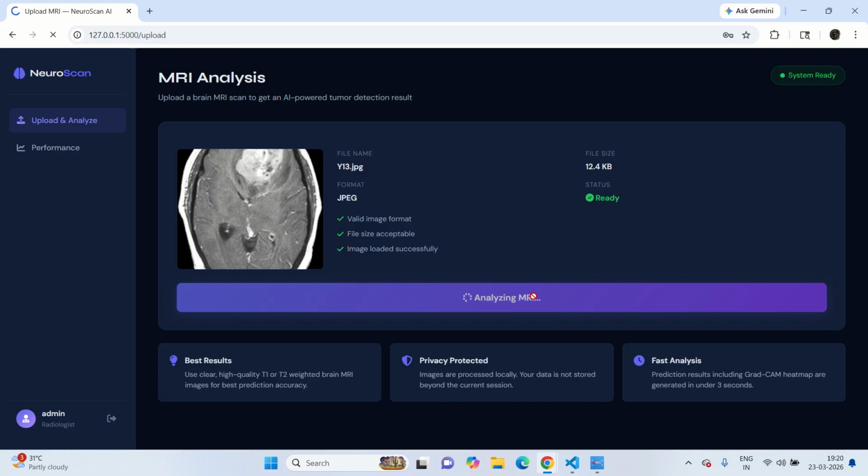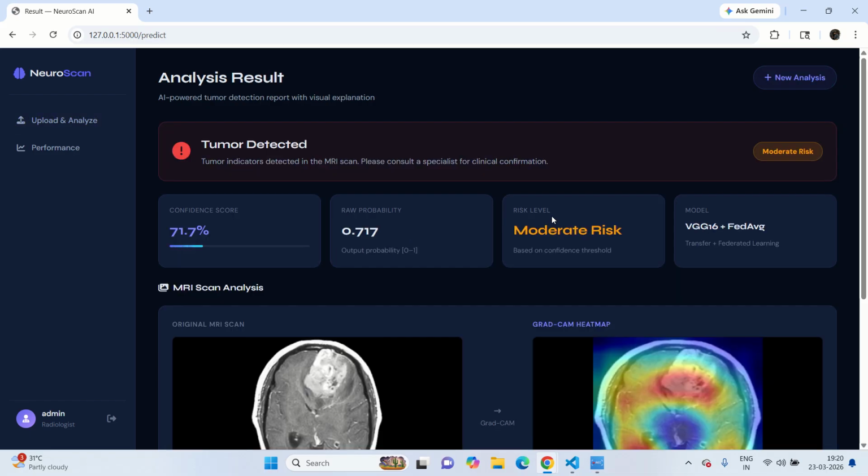Run tumor prediction. Once we upload, it's going to check the file size, image validity and format. Everything is going to be checked. It's going to analyze the image we have uploaded and give us a prediction: how much risk it is, moderate, high or low level. So it says tumor detected with a confidence score of